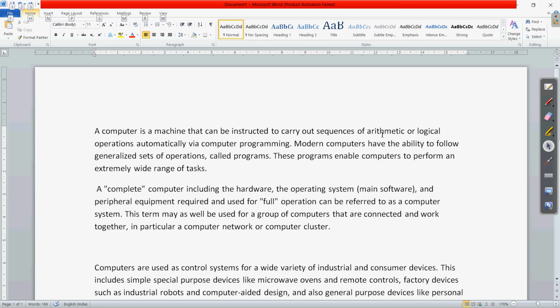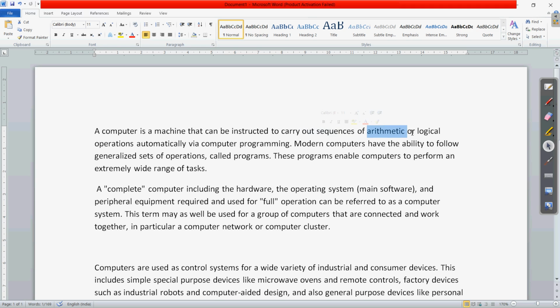Suppose I want to select arithmetic. Okay, if I double click on that, here you can see it is now selected. While it is showing the color in blue, it means the text is selected. And when something is selected, a new small area will open, which shows us options to change the size and color.